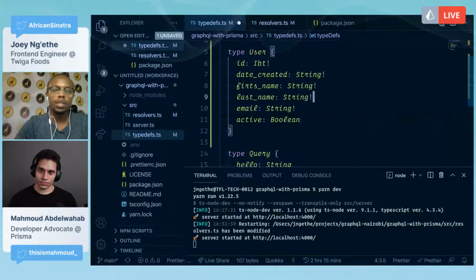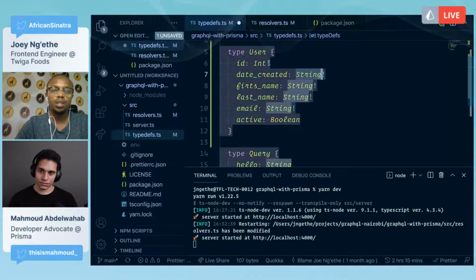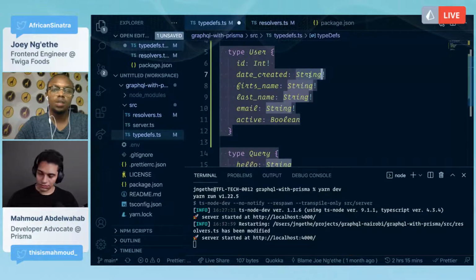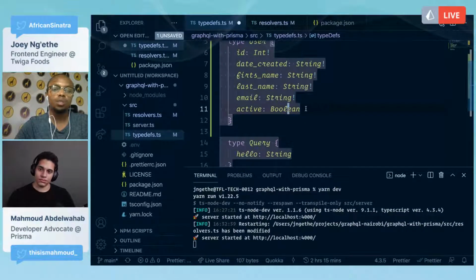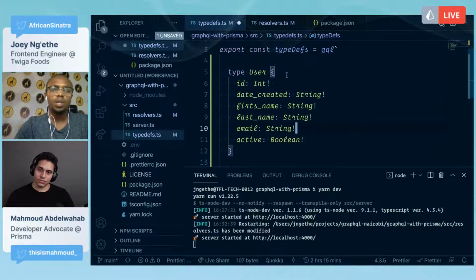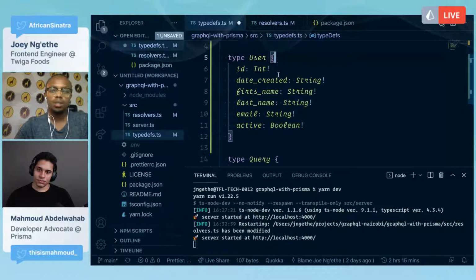So we've seen an integer and a string. The value of the integer will be something like a 1, and this will be a string, and this will be a string. But now this is another type, which is true or false. This is a Boolean. So here we have defined a user.